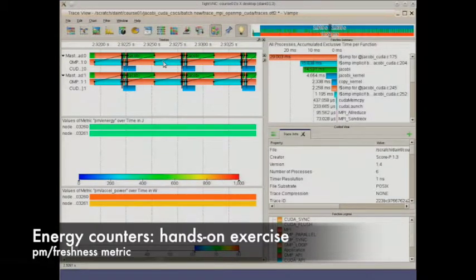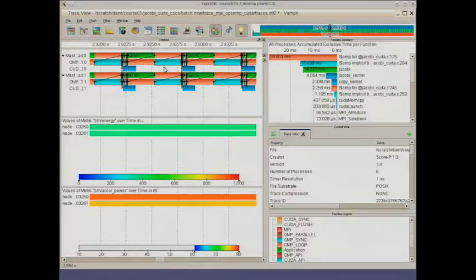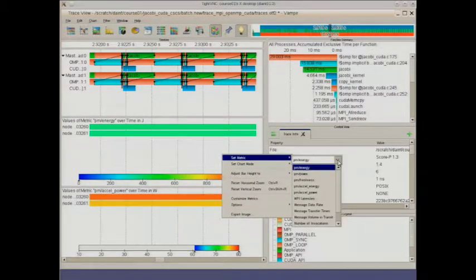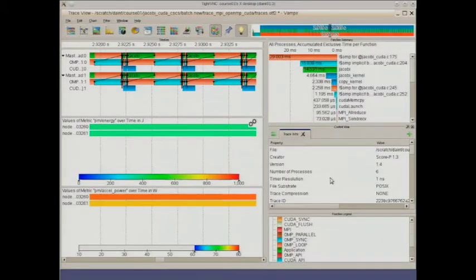Could you right click in any of the metric displays again? What other metrics are there available for energy? Right, so there's also the power usage of the host, or there's a freshness counter, which means how often this is updated.